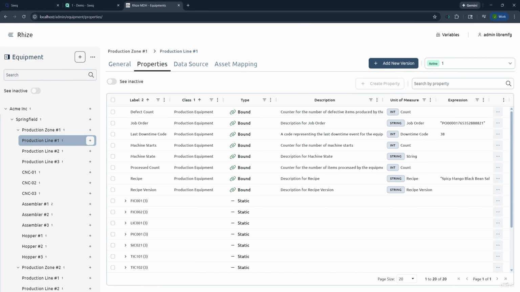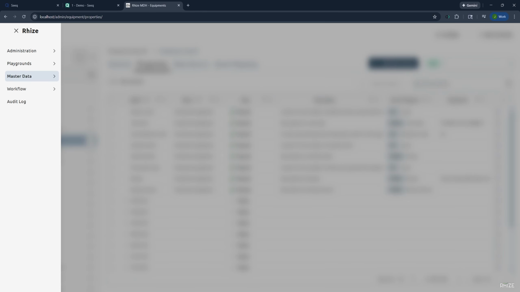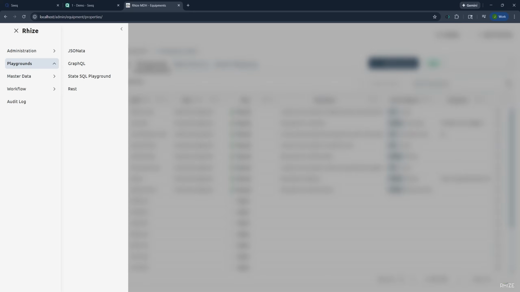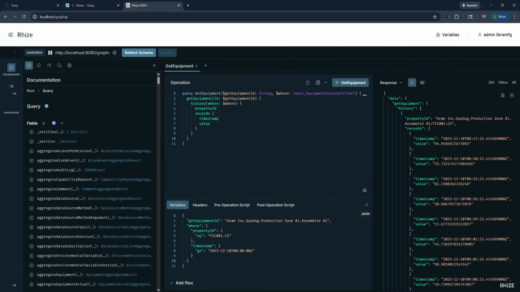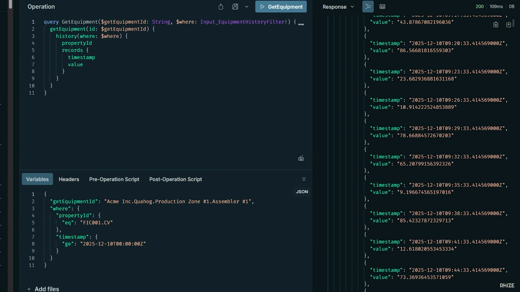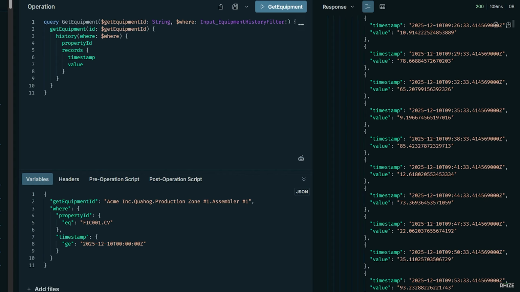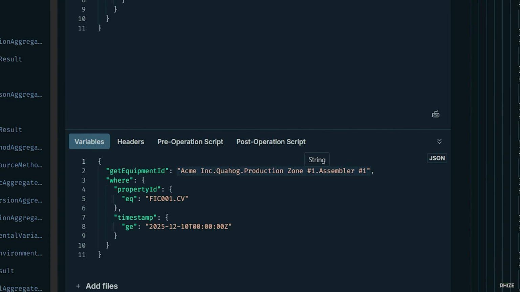Now let's query some of this data in GraphQL. Moving back to the navigation bar, we can take a look at playgrounds, which looks into the GraphQL playground. Here we already have set up a query to query out this data. Let's take a look. So this is querying all data past December 10th, and we can see all individual time series records for assembler 1 and its property